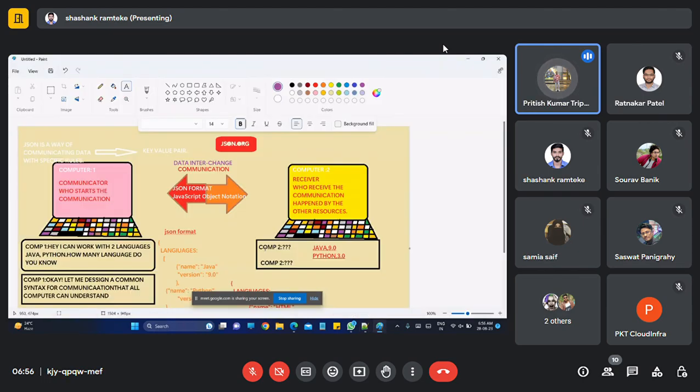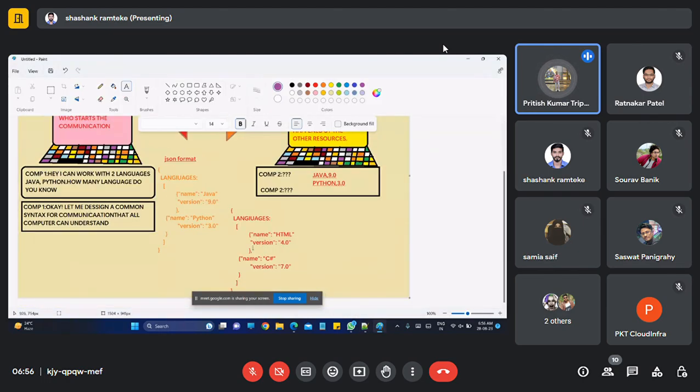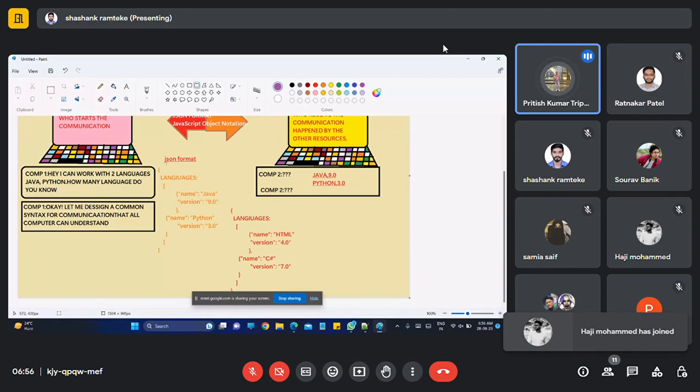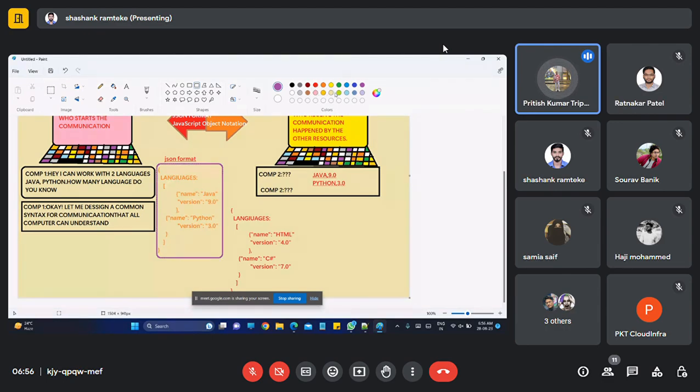Even if you have no idea regarding this file, don't you feel that once you get to know the syntax, you will understand what is written? Let us consider JSON format 1 first, and then we will concentrate on JSON format 2.